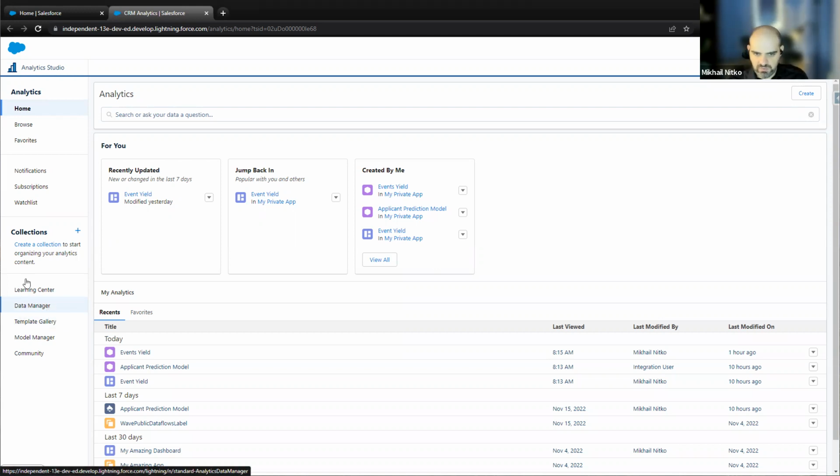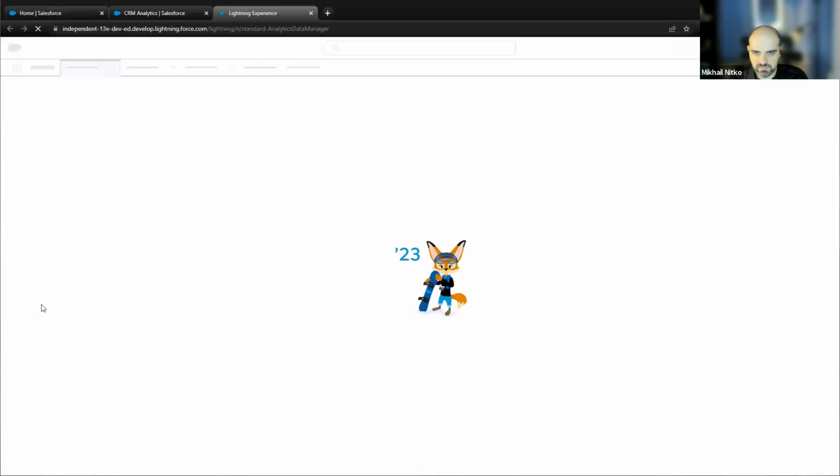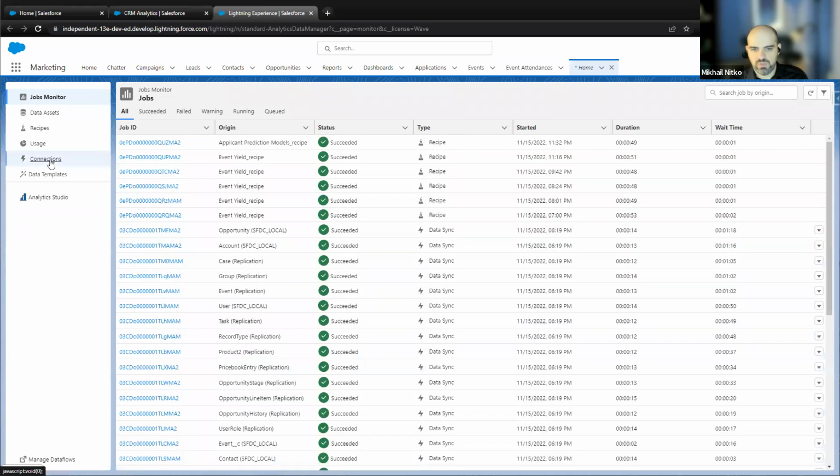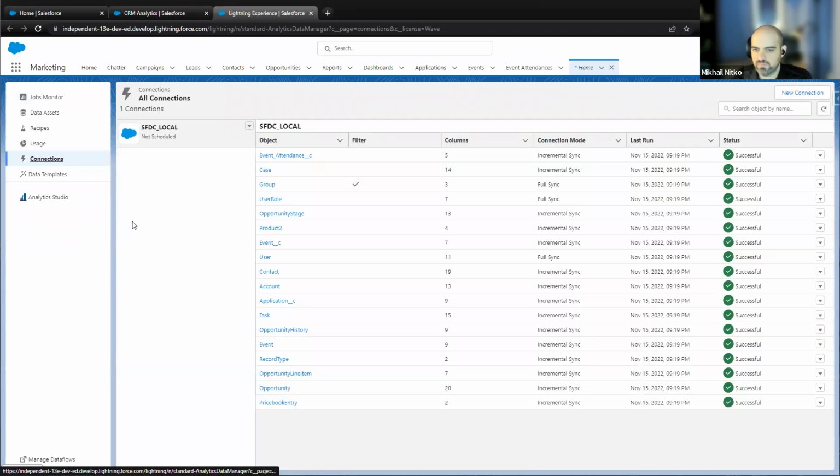You go into Analytics Studio, you go into Data Manager, and here's where you will have a tab called Connections. So you will connect to your data here, whether it's in Salesforce or it's outside of Salesforce.